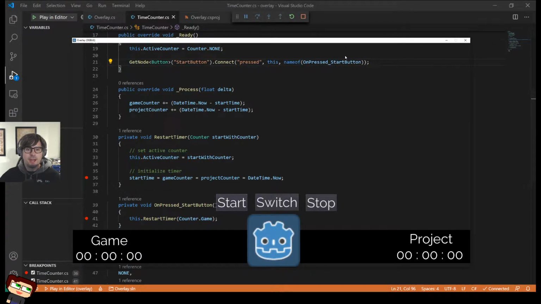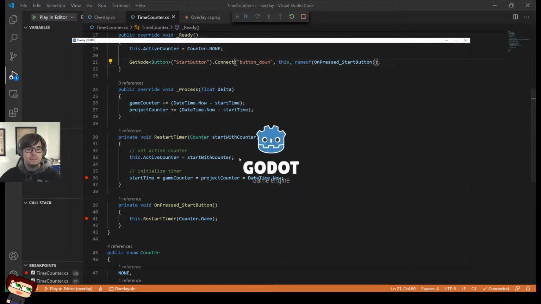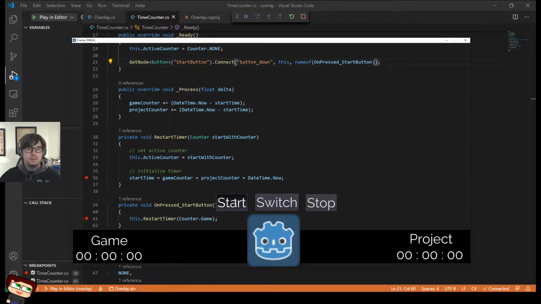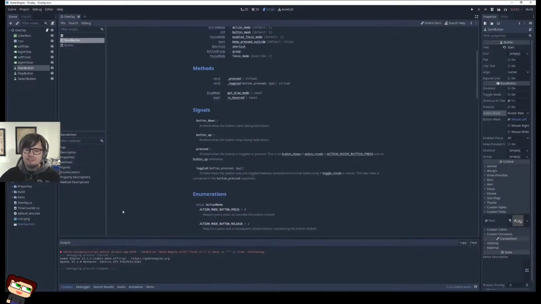Okay, so it's not actually getting to that thing. So let's try another event that we know about. Button down. Play an editor. Interesting. Ah. It's always the same sets of problems that I'm having.